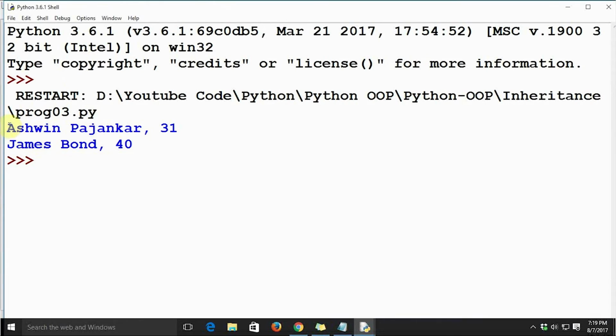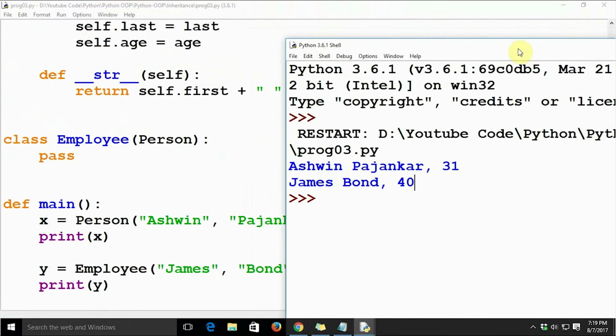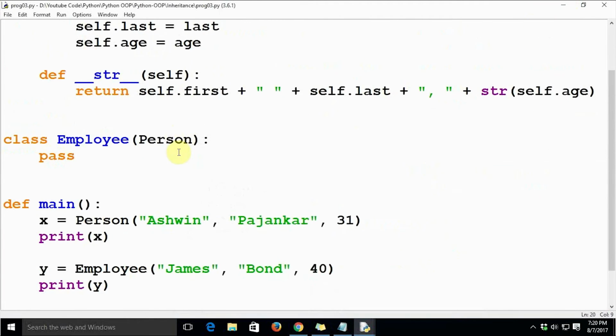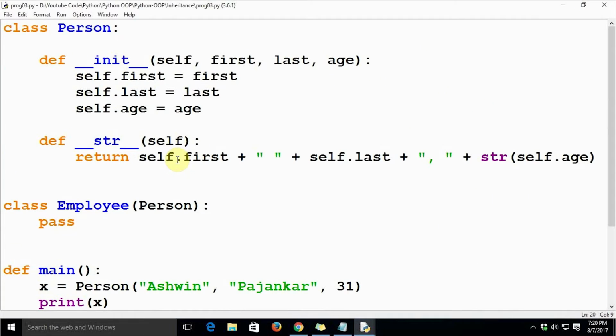Here you can see Ashwin Pazankar 31 and James Bond 40. The first result corresponds to the class Person, and the second result corresponds to the class Employee. Now let's redefine the methods init and str for class Employee.